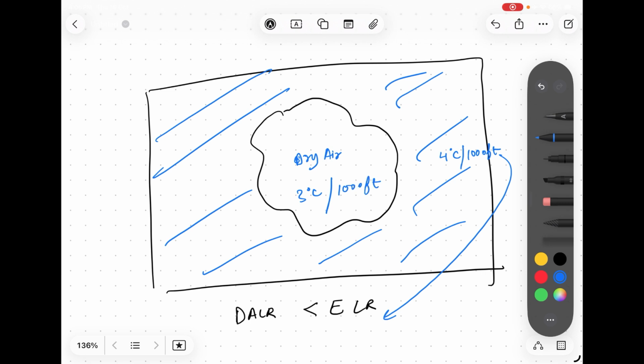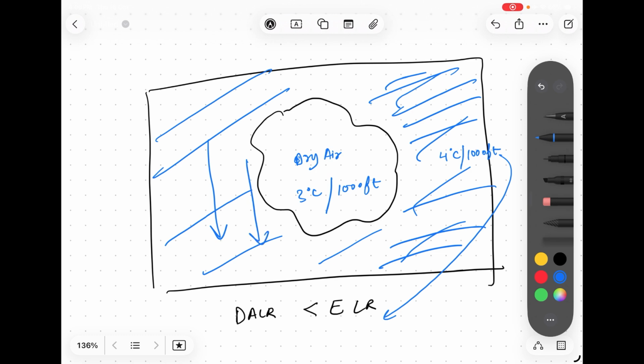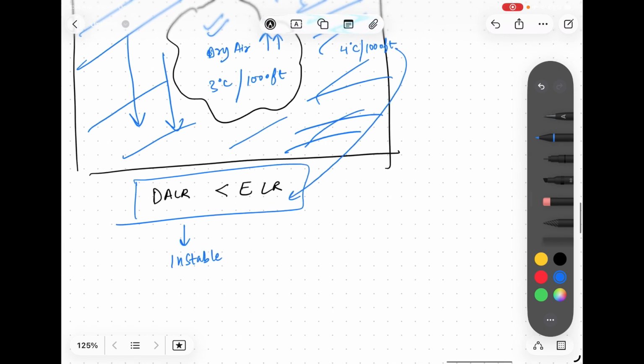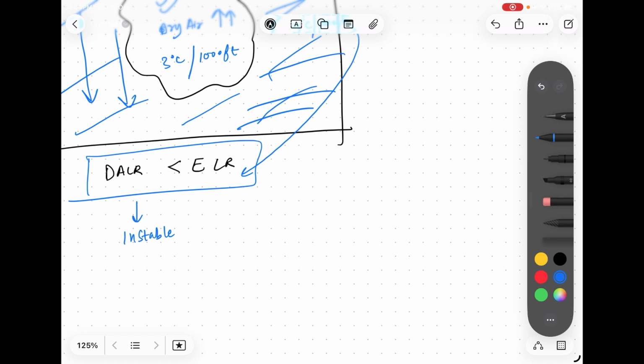Now in this case what will happen, this outside air will get colder faster and it will sink. But as compared to the environment, this air will always be warmer, so it will keep rising. Now, because the warm air rises and then it expands and all of that, so as compared, relative air, all these terms are relative, okay? So in this particular time, when this is happening, it is going to be unstable, because it's rising, it's not sinking. So we have to understand what this bubble of air is basically doing. Similarly, this would be unstable. Now, this is unstable. Great.